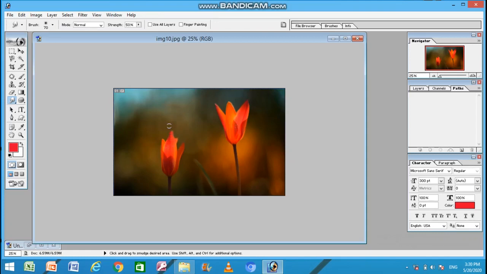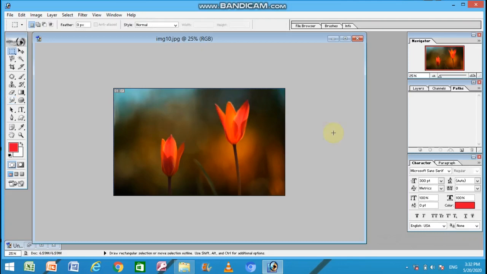You can see, with the strength of 50% we can use this much smudge. Just increase the percentage and you can give effects like smudging to your graphics, like this. So all these operations are done when you hold the left mouse button and drag the mouse onto the particular selected graphic area to see the effect.